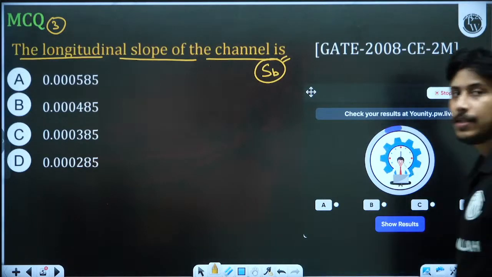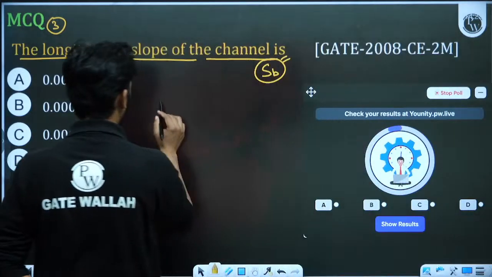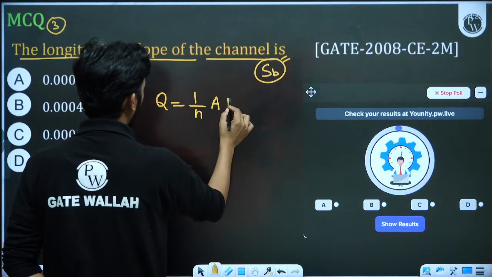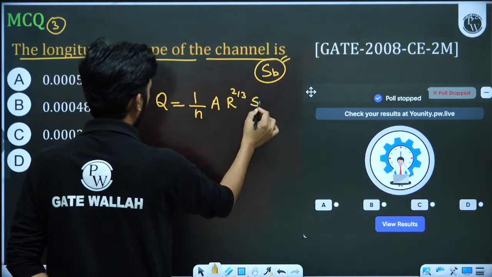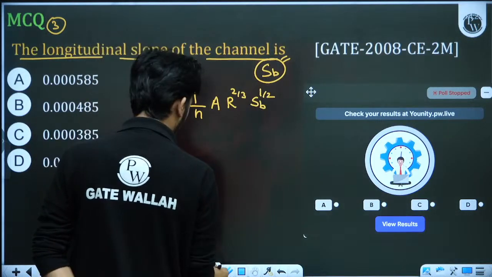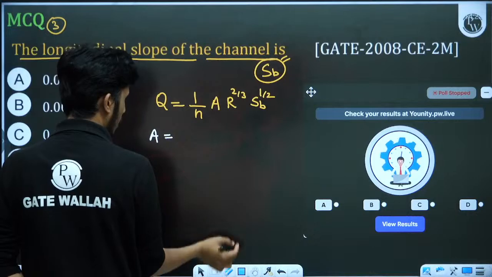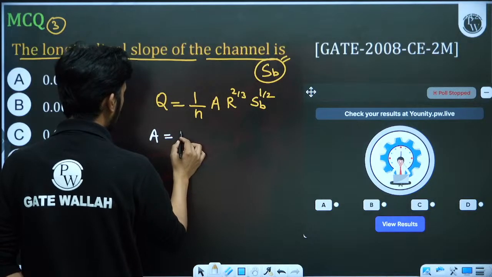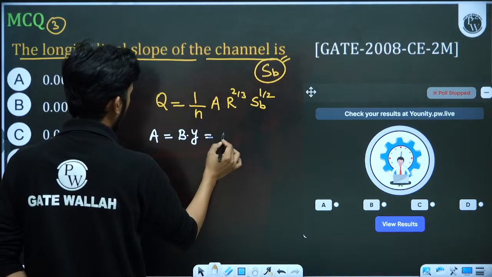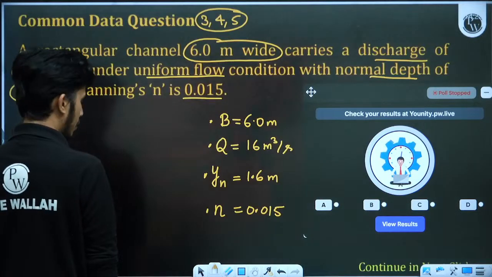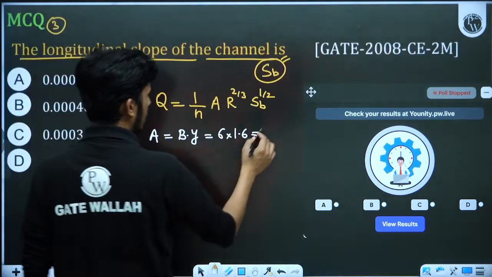So how to solve this? We just have to apply the Manning's formula. Q is equal to 1 by n into A into R raised to power 2 by 3 into SB raised to power 1 by 2. Now let's calculate all the things. Q and n are given. A is equal to B into Y. B is 6 and Y is 1.6, am I right? Yes. So it will be 9.6